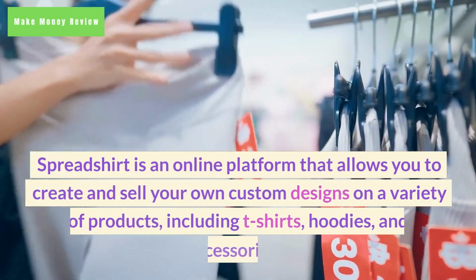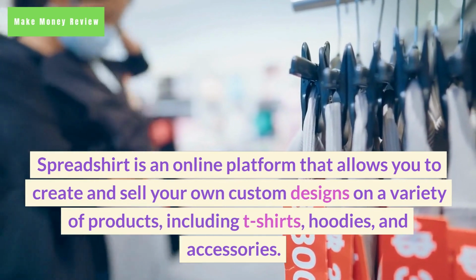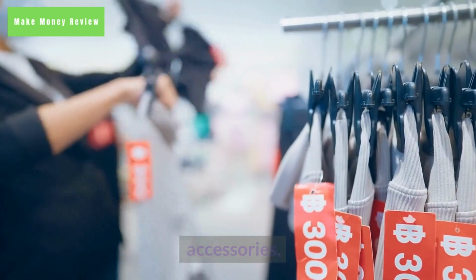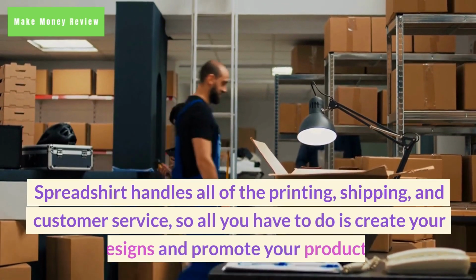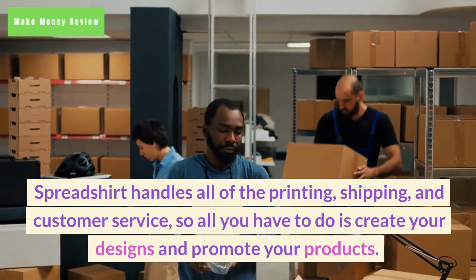First things first, let's talk about what Spreadshirt is. Spreadshirt is an online platform that allows you to create and sell your own custom designs on a variety of products, including t-shirts, hoodies, and accessories. Spreadshirt handles all of the printing, shipping, and customer service, so all you have to do is create your designs